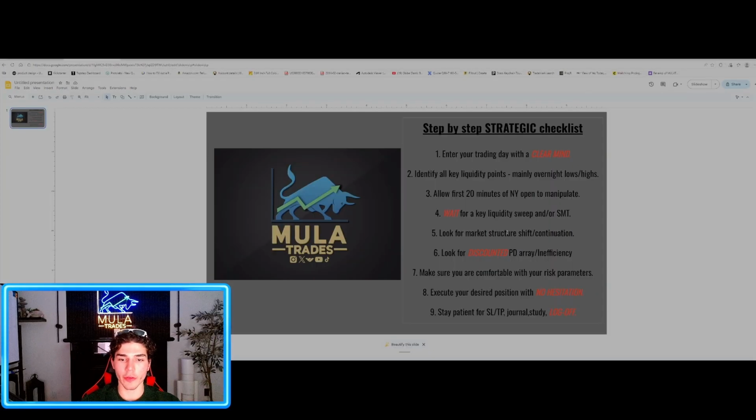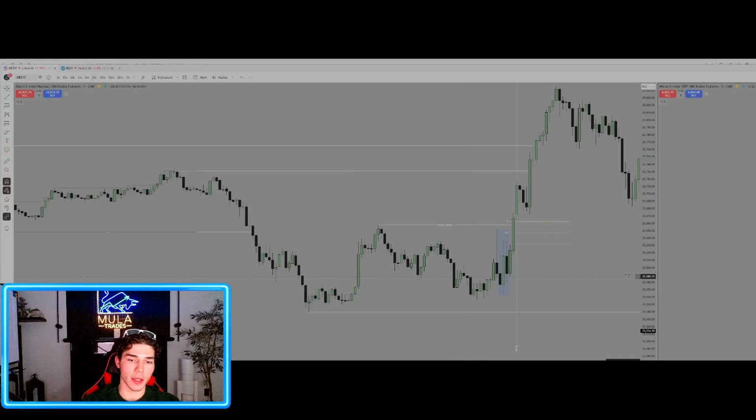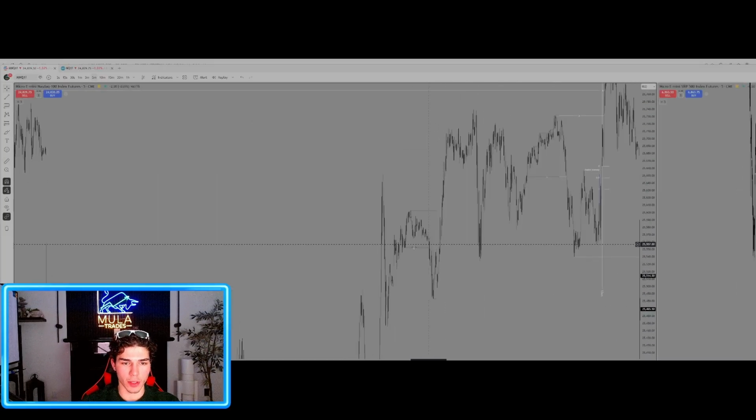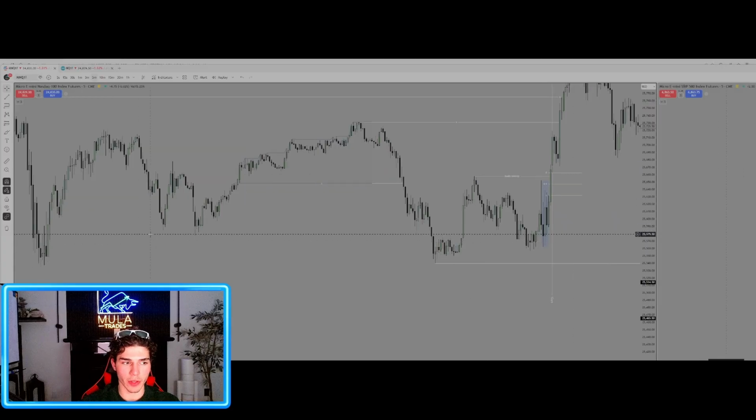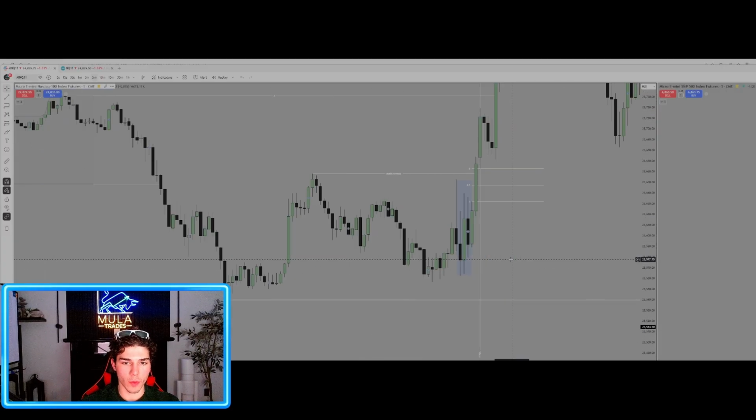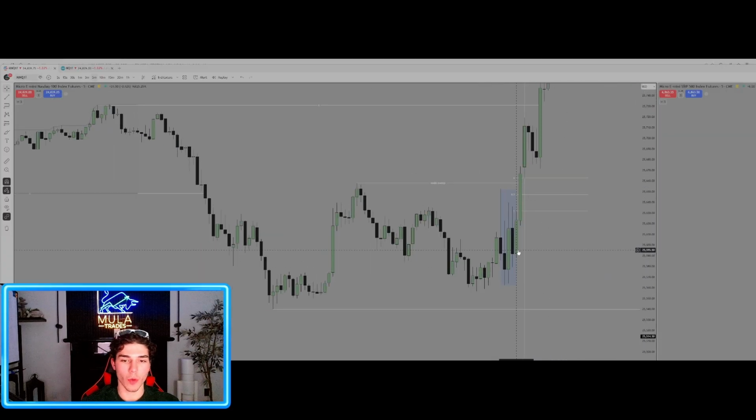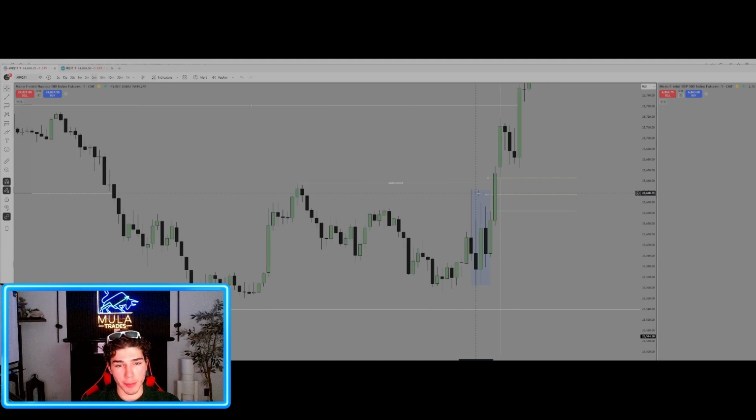Now, step 5, look for market structure. Look for a market structure shift or continuation. In this scenario, we don't have much market structure shift because, as you can see, we're pretty much moving sideways this entire time. If you look at the longer term, we're a little more bullish, but you don't really want to look at this longer term market structure when you're trying to narrow down onto like the 1-hour reversal or continuation, right? So the minor market structure shift here that you guys can mark out is pretty much just this